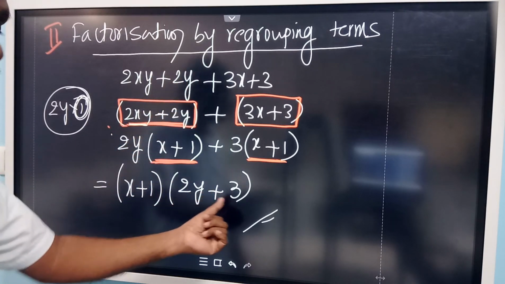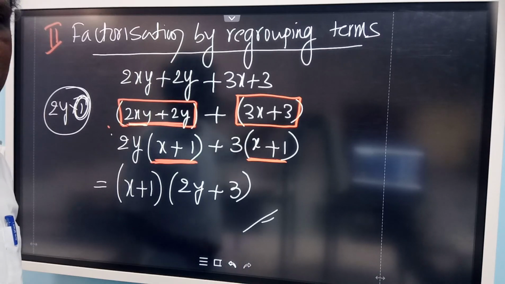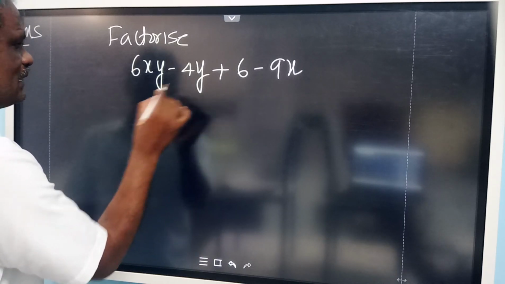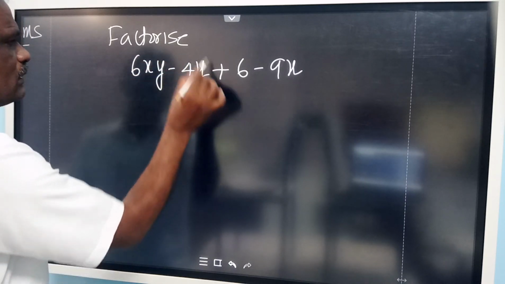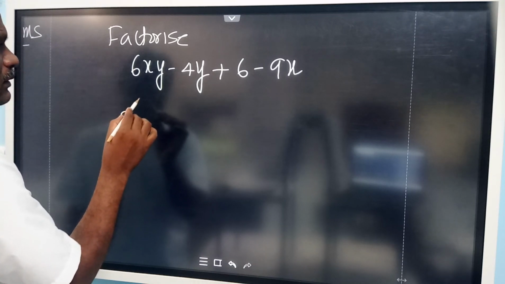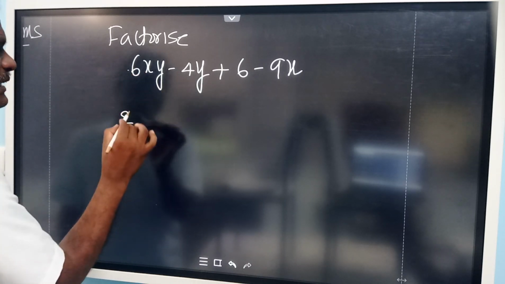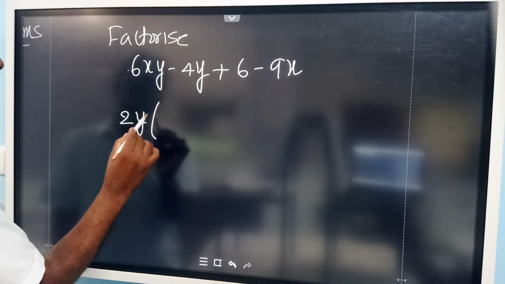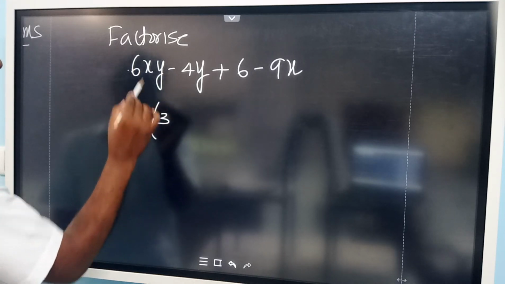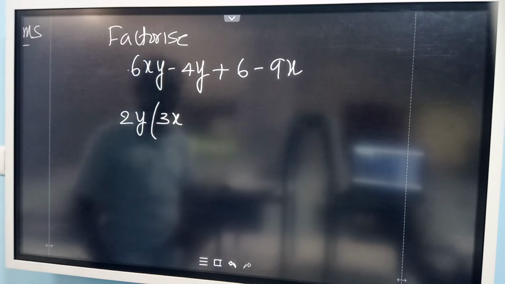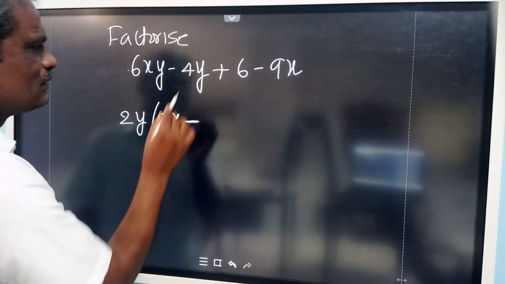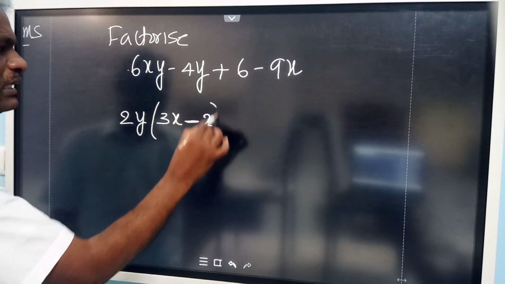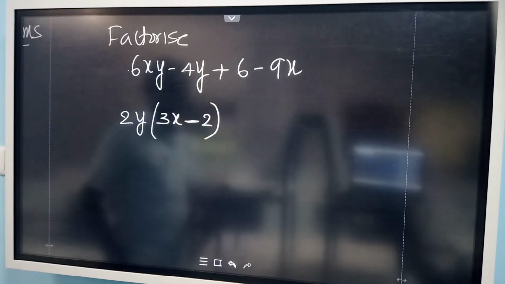So the product of two factors we have written. Now in the next example, this is one group, 6xy. Among this 6xy, what is common here in this group? 2 is common. Then y is common, 2y common. Then what is left out here? 2 3s are 6, so 3 will be there. Then 3x minus 2. Only 3x minus 2 is left. Now, look at this.